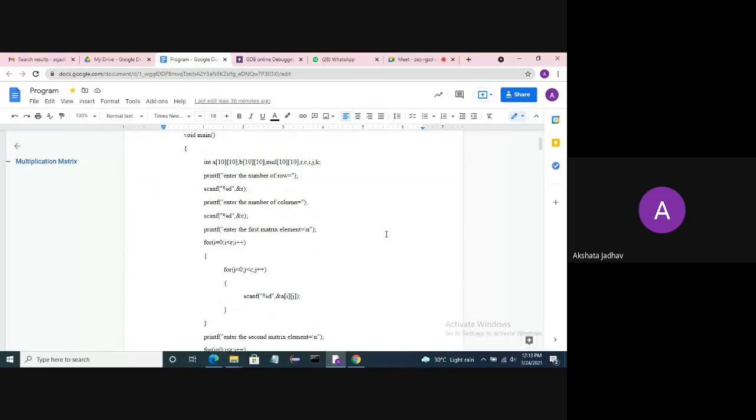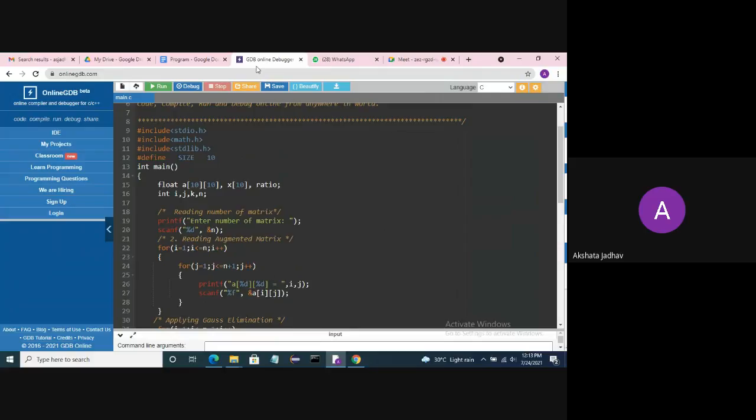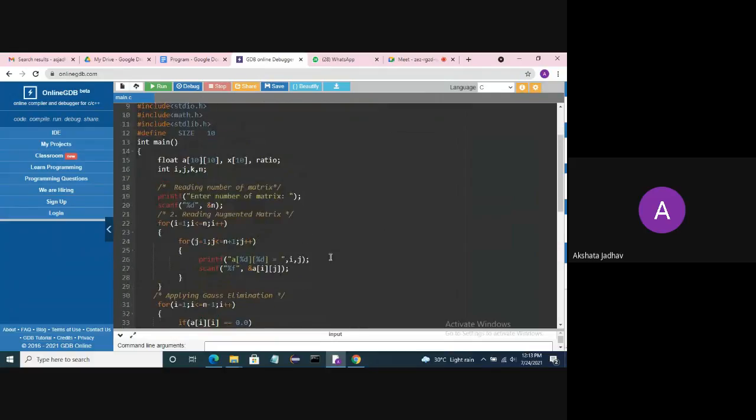First of all do multiplication of matrices, then perform the Gauss elimination method. Then you know what multidimensional is, and then perform Gauss elimination. If you perform multidimensional matrix multiplication, then go for the Gauss elimination method. Okay, in this session we will see only the Gauss elimination method. Perform it. If you have any problem, tell me.